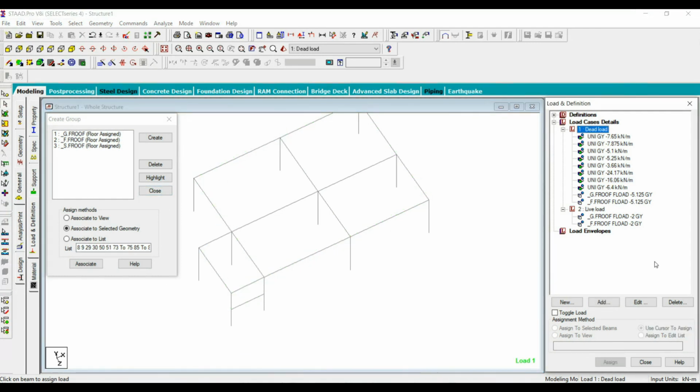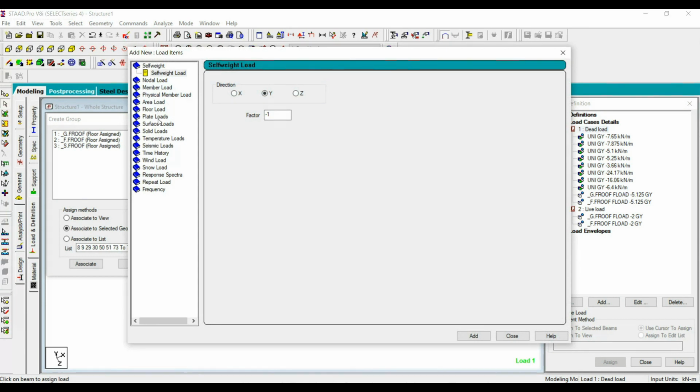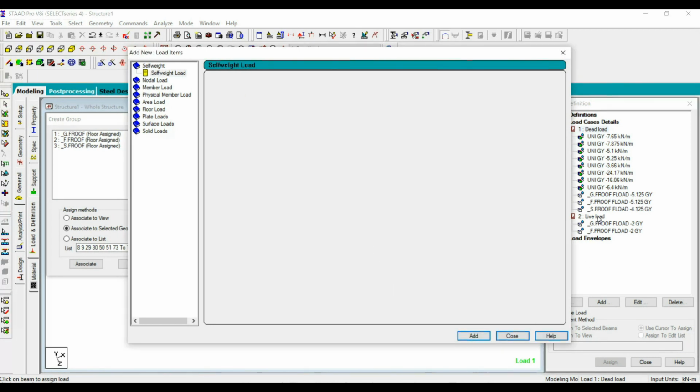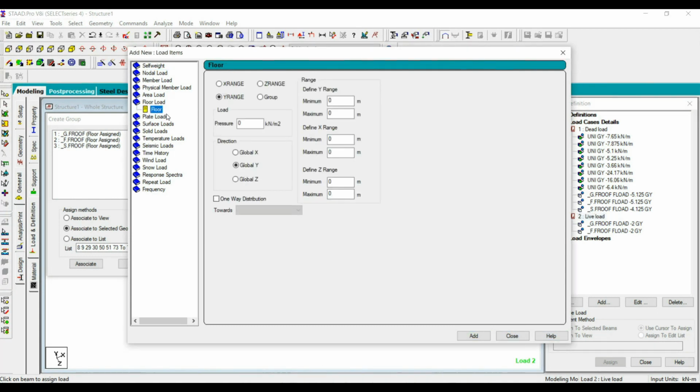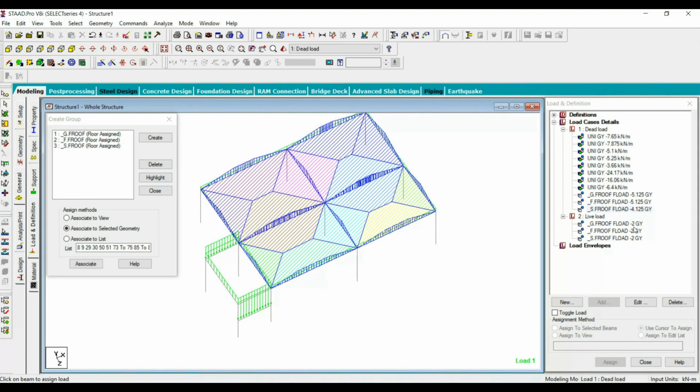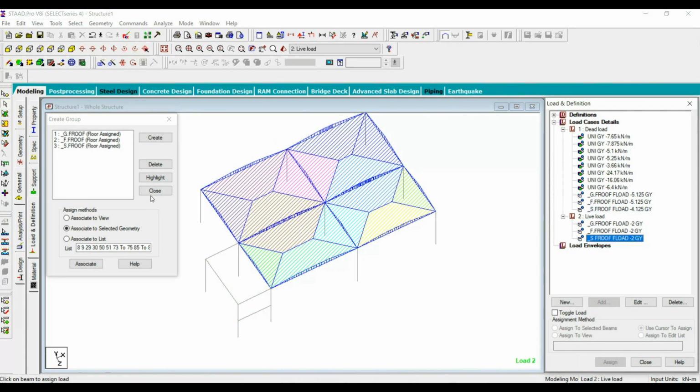Here we can add a little less dead load because we have added the partition load, right? So we can reduce that one. For dead load, instead of 5.125 we can add 4.125, since the partition load has been reduced. Here select second floor roof and then add. Next go to live load, group, second floor roof, add. See, this one is applied and this one is also applied.